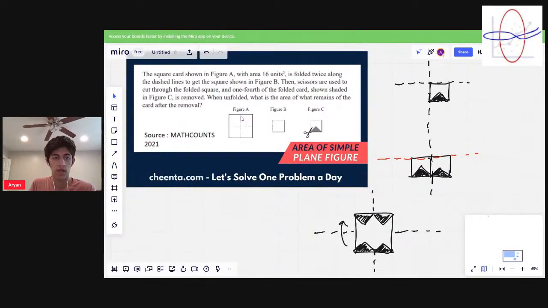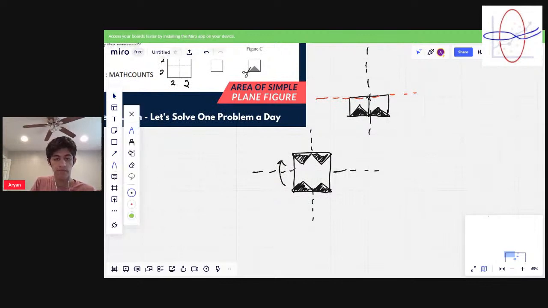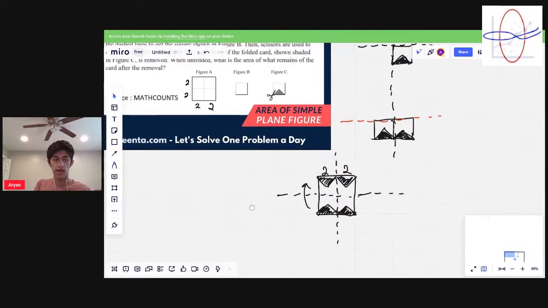So the question says, the square card shown in figure A has an area of 16. So that means each side is 4. So each individual square has side length 2, right? So now if we come back here, if we draw in the vertical and horizontal, I have 2, 2, and all of our mini unit squares, or our smaller squares, have side length 2. So we want to find the area of each of the black triangles. You could see that the height is actually just 1, right? Because we know that the problem tells us that if we go back here,